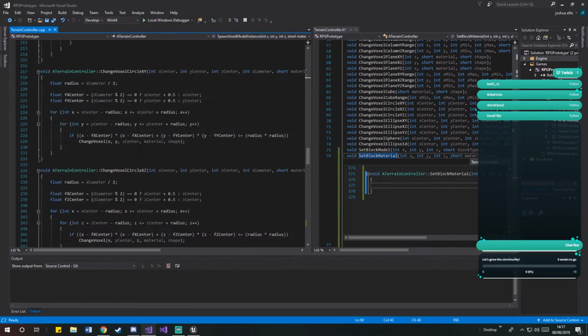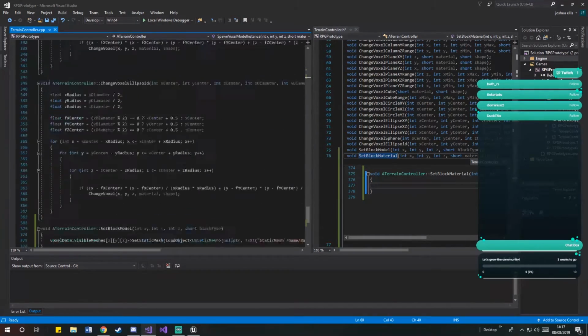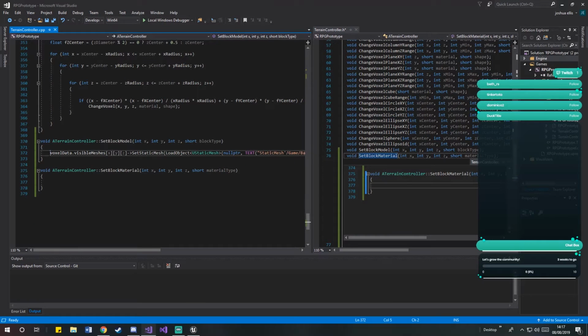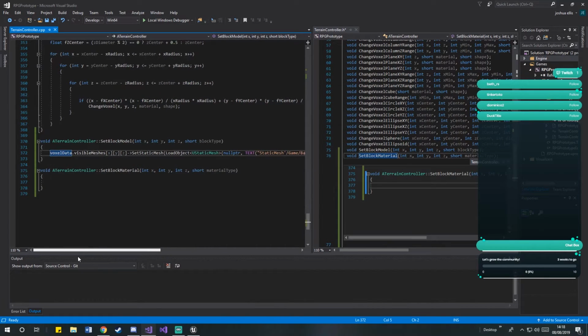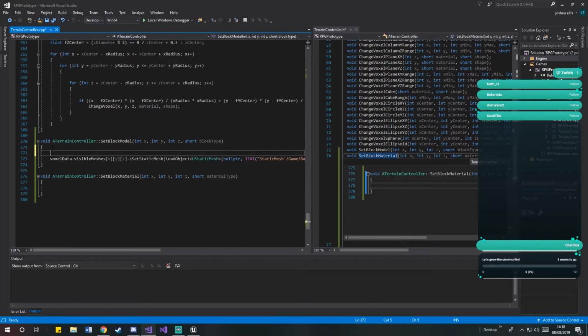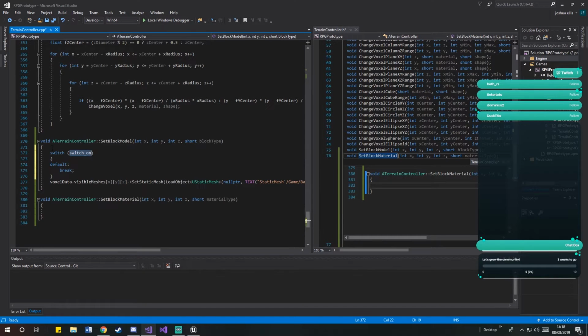So what we can do now, go down to where we've just created these two functions and kind of think about how we want to handle this. So ideally we'd have some kind of enumeration class on load, but for now I'm thinking we kind of just hard code it in just as a test. I know it's a lazy way to do it and it will be rewritten at some point, but just to prove that concept itself actually does something